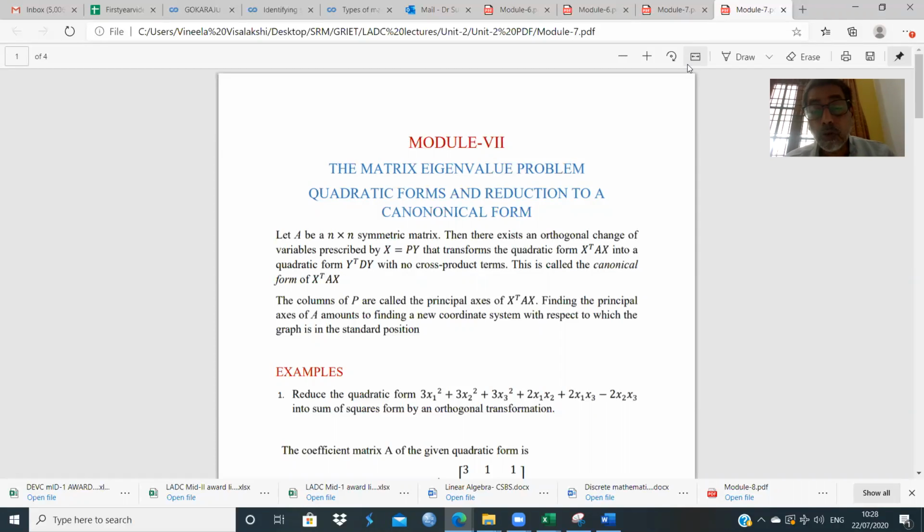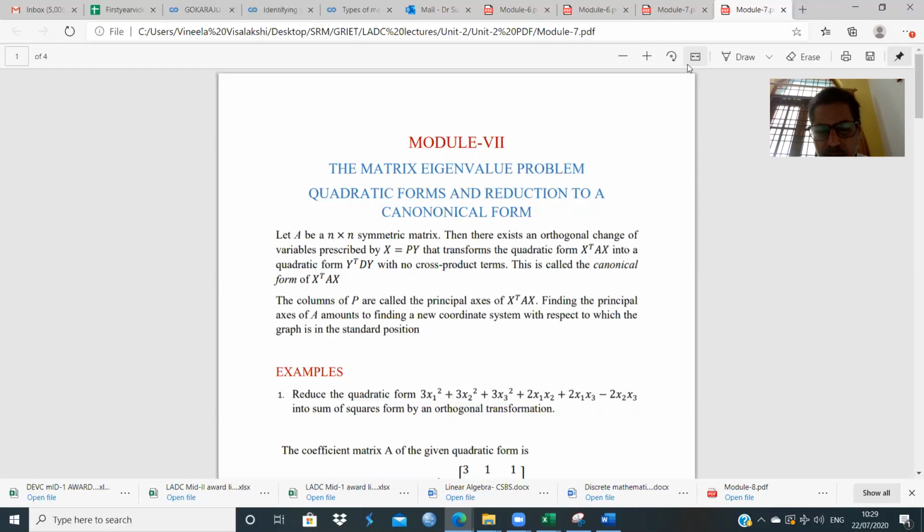So, what is that which has to be understood from quadratic forms, and what is stopping us from recognizing the object's true nature? The problem in quadratic forms is the presence of cross product terms. Now, one of the things we are going to learn in this lecture is to reduce a quadratic form to what is known as a canonical form. A canonical form is also called a sum of squares form.